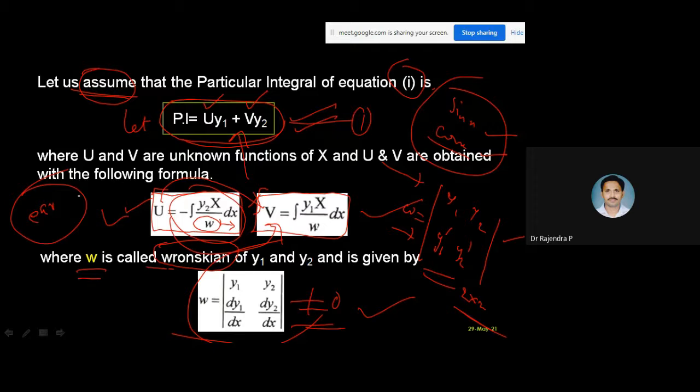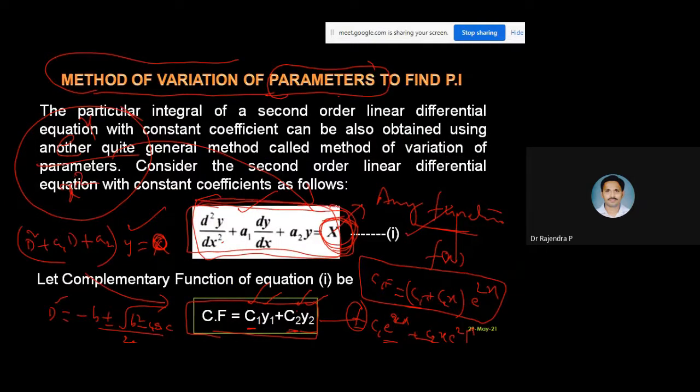I'm not telling that I'm going to solve all order differential equations. Only for a second order differential equation with any function x, I'm able to solve it. This is the advantage here. X may be any function, but it should be second order. At least we have something, right? Instead of nothing, at least we are able to solve second order with any function x. They do not allow us to take any type of function, isn't it?